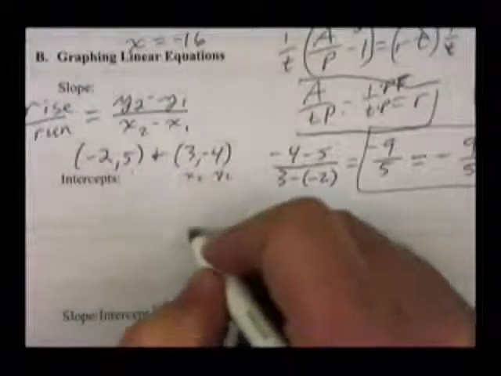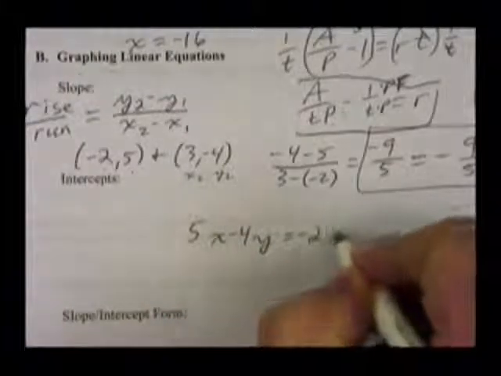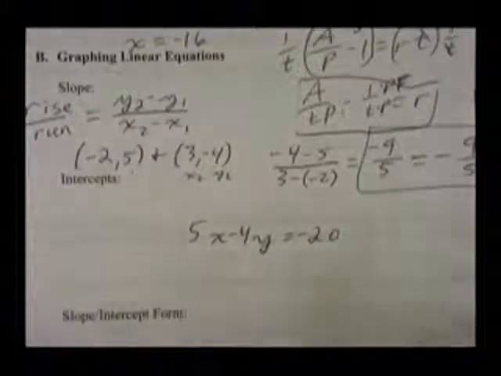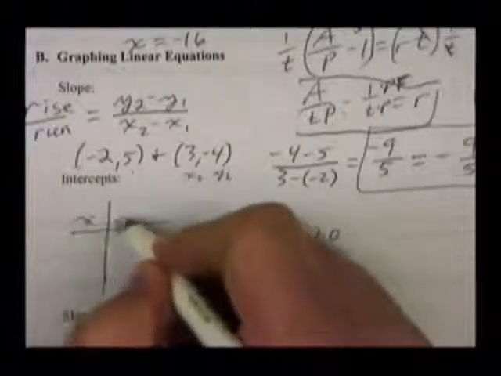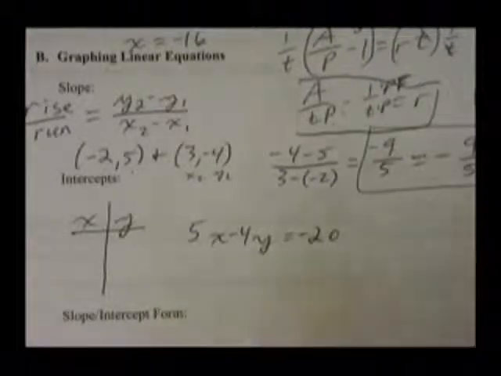But now let's look at the idea of graphing. And let's say we want to graph the following equation. Let's say we want to graph 5x minus 4y equals -20. And we want to use the idea of intercepts. All righty? What we're going to do for intercepts is take our x's and our y's, because we remember that when we're dealing with intercepts on the x and the y axis,